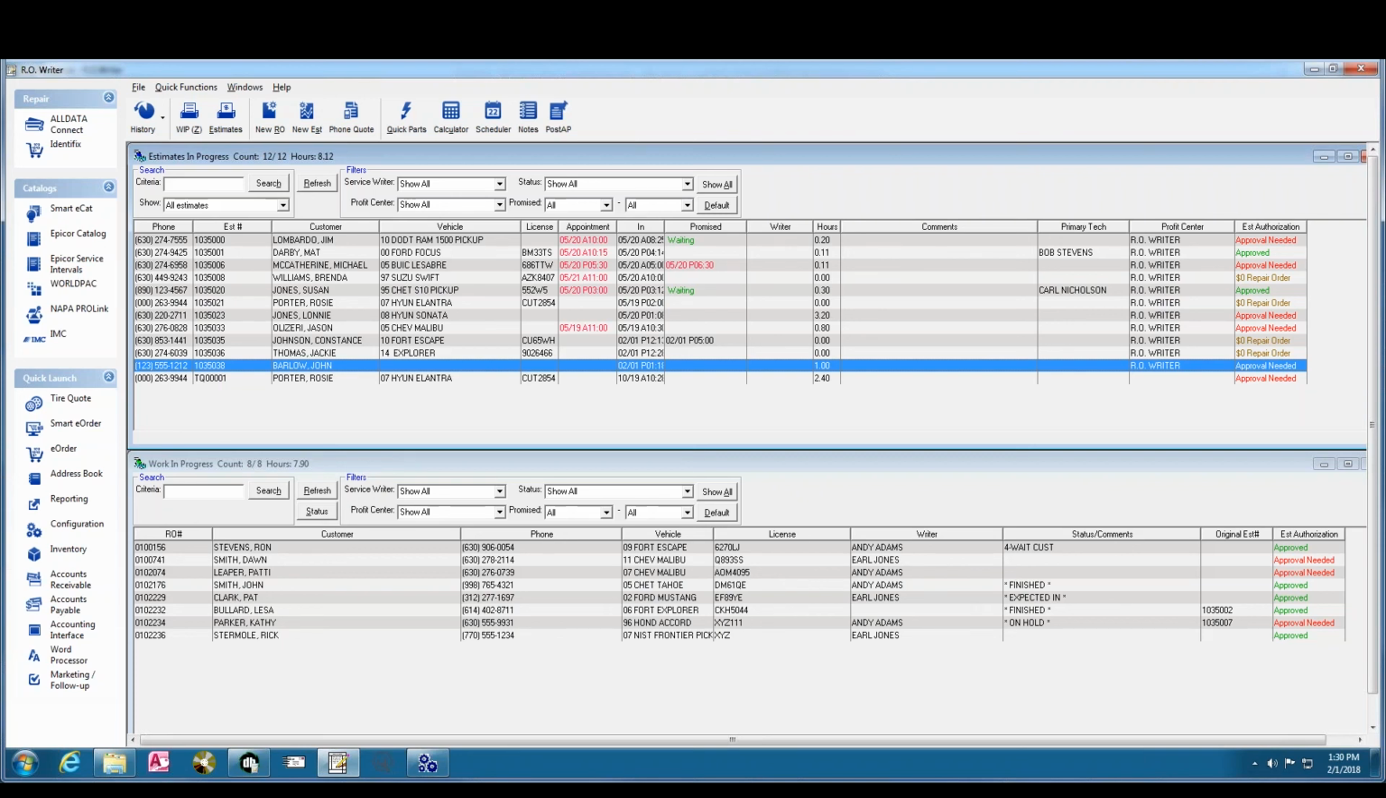That brings me into my presentation about configurable settings relative to customers and vehicles, and really a little dabble into the